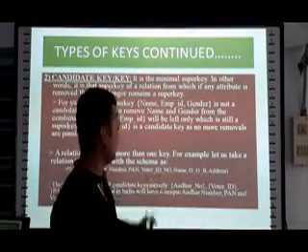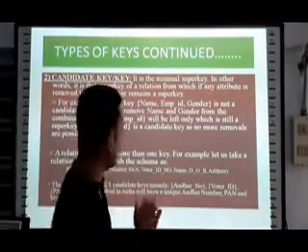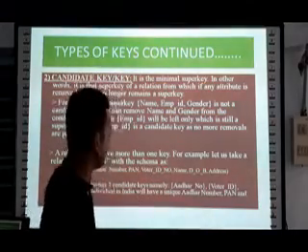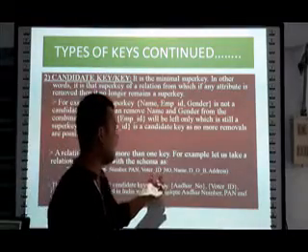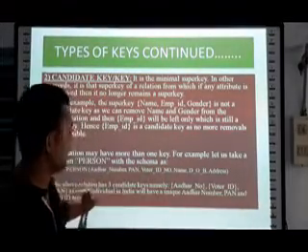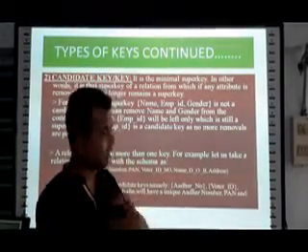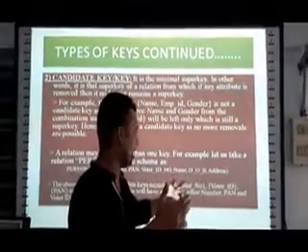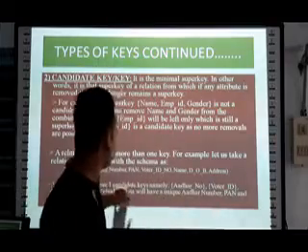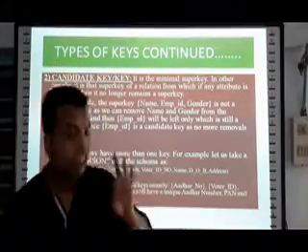Similarly, if we go to the third attribute, that is voter ID number, each and every person in a country will be given a unique voter ID number based on which he or she will cast his valuable vote and choose his representative. Correct? Now this voter ID cannot be the same for different persons. This will also be unique. So in our person relation, if we check name, see, name can be the same; it can be unique or cannot be unique. Name can be identical. Date of birth can also be identical. Address can also be identical. But these 3 attributes, that is Aadhaar number, PAN and voter ID number, will always be unique.